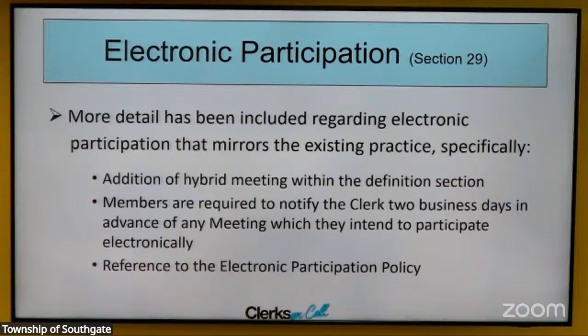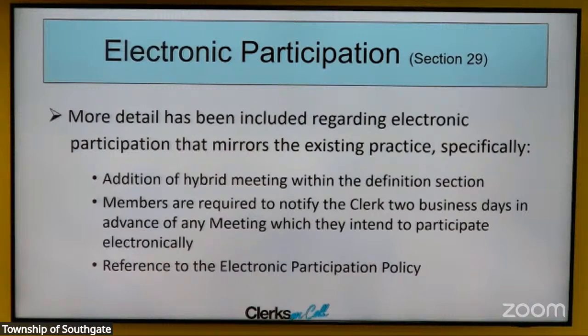We are aware there are definitely municipalities that include stipulations in their procedure bylaws or their electronic participation policies that restrict how many meetings a member of council can participate in electronically over the course of a year. And then there are others that don't have any of those parameters. And again, I'll go back to one of the first statements we said,